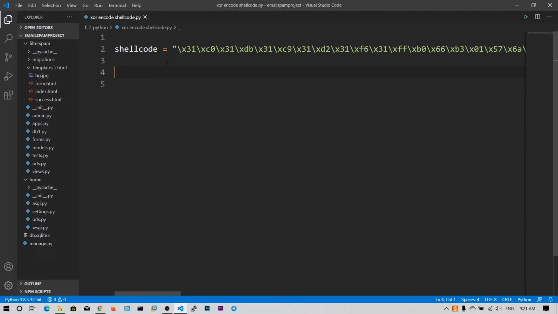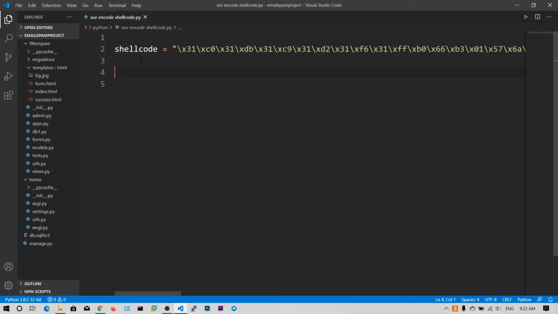So if we encode that shellcode, then there may be chances for some antiviruses to be bypassed, and we don't need to bypass every antivirus in the world, but we need to bypass only the antivirus software of the client system, right?